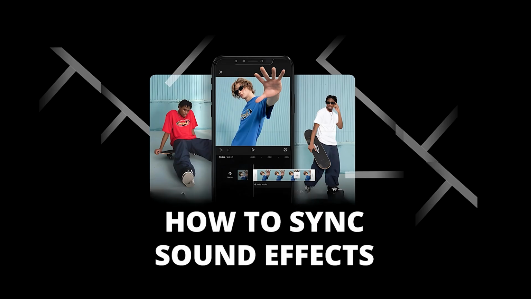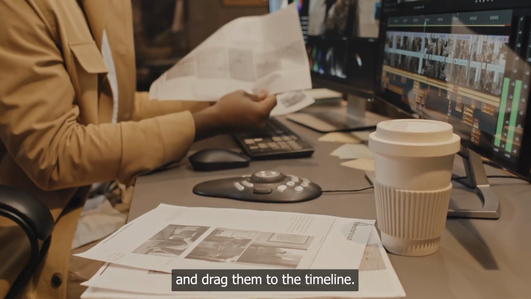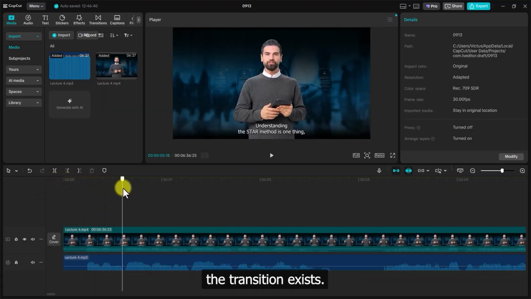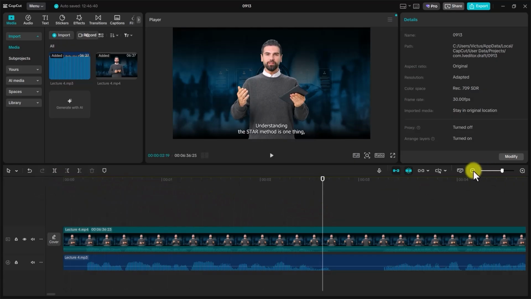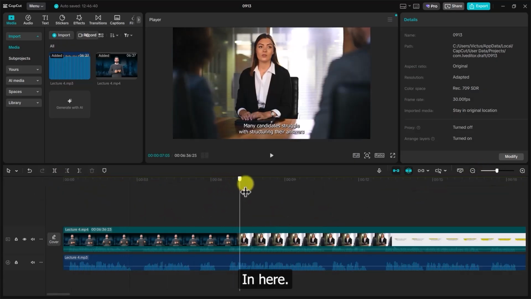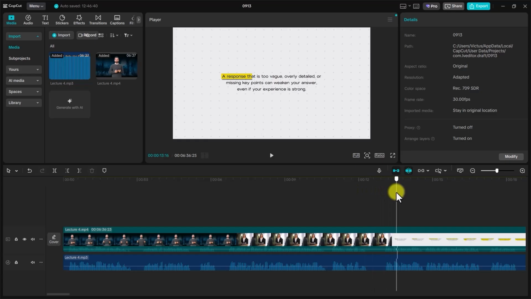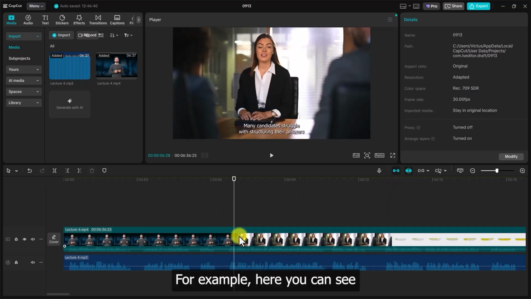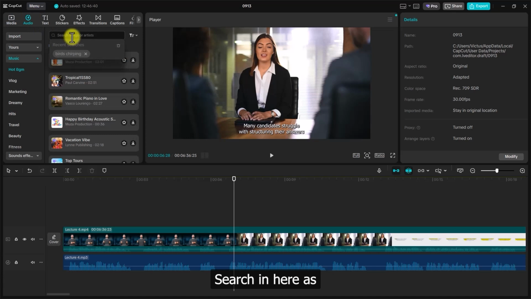How to sync sound effects. Import the sound effects and drag them to the timeline. For example, you just play this video from here and let's see where the transition exists. In here. For example, here you can see there is a little transition in here, and you just want to add a transition sound effect. For that, you just go to audio, search in here as